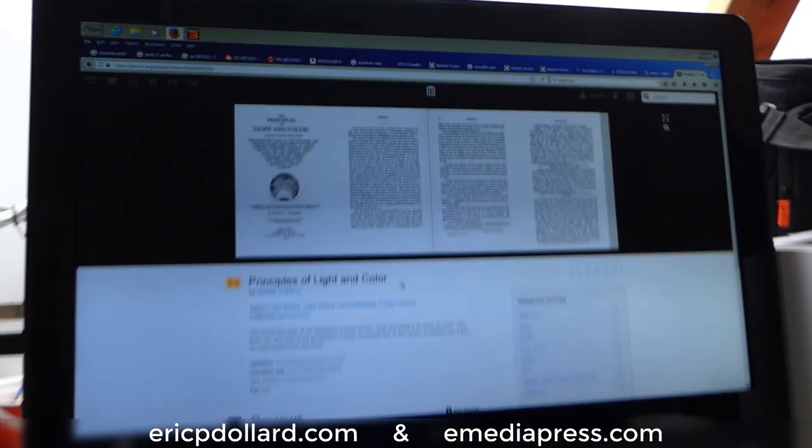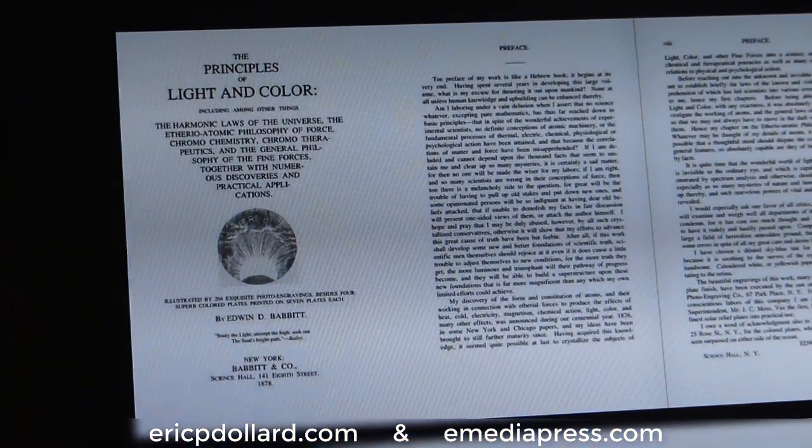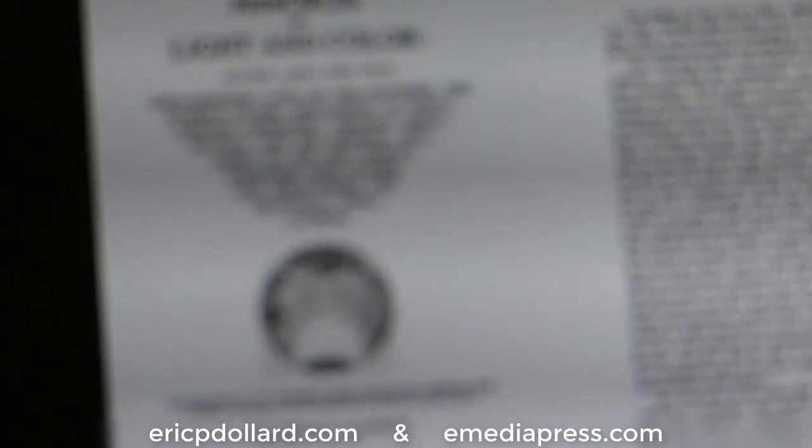If it's original, it's going to be several hundred pages. And Borderland Sciences, back in the days, 300 pages, when I was involved with that, reprinted that book. That was my understanding, it got reprinted. It's a massive book. Okay, so if you go to archive.org, where you can find the Wayback Machine, and if you search for Principles of Light and Color, you can see it's